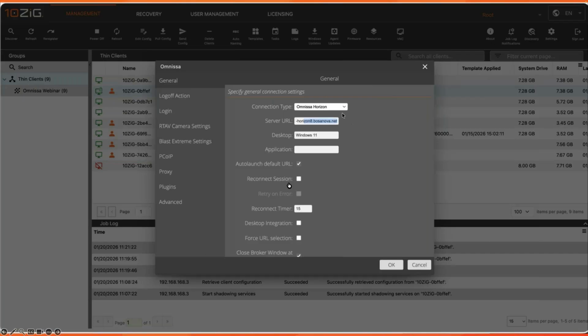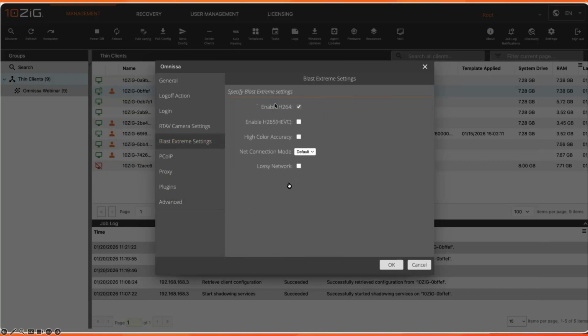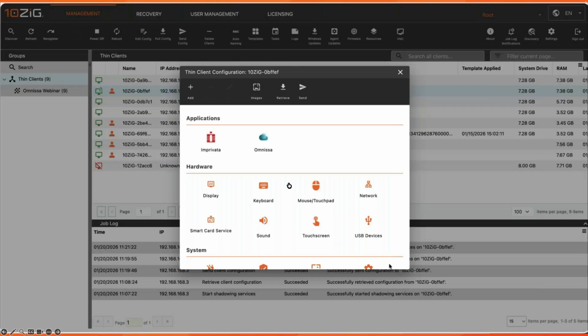There's the server URL, which might point to our Horizon or Workspace ONE server. There's also the desktop name, so we can launch automatically to, in this case, a Windows 11 desktop. And there's that preferred protocol that I talked about. By default, it's blank, but that's where we can specifically force the protocol based on the client's choice, as well as configure some of those commonly configured Blast Extreme settings.